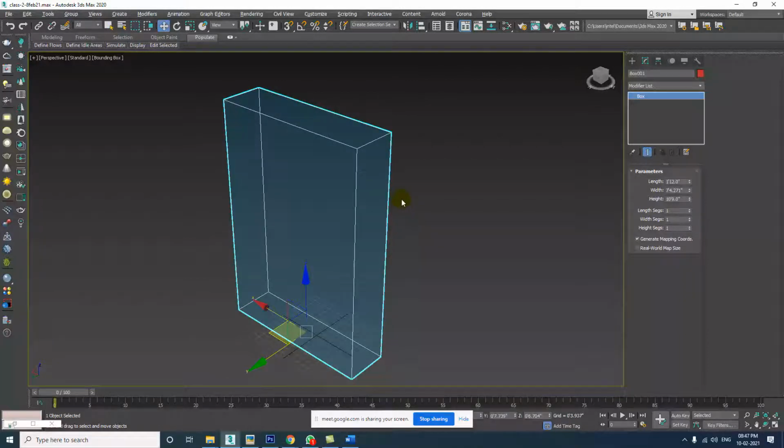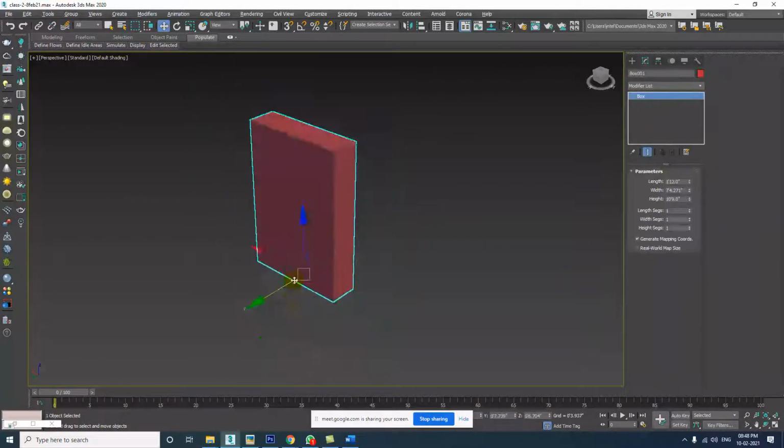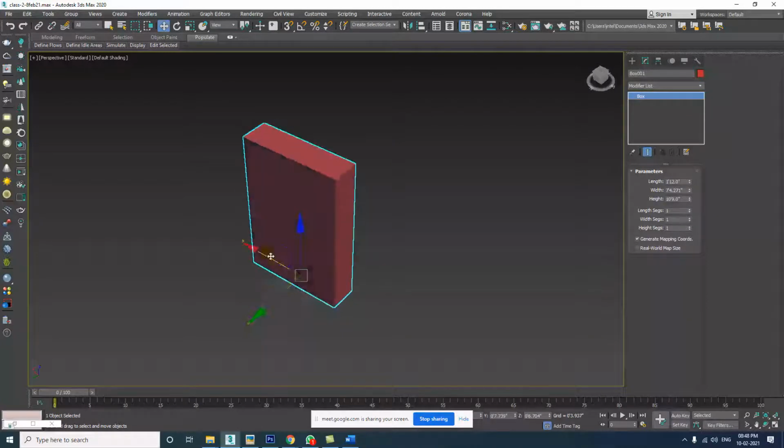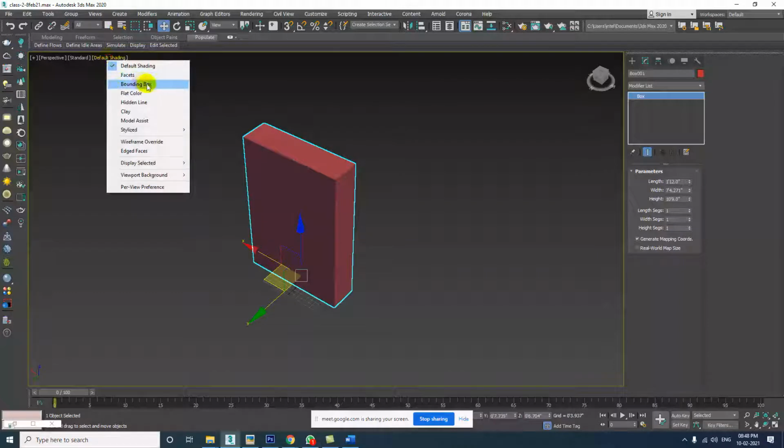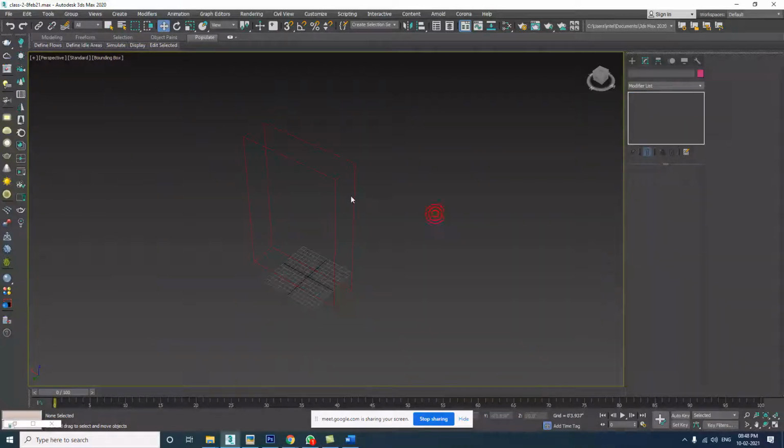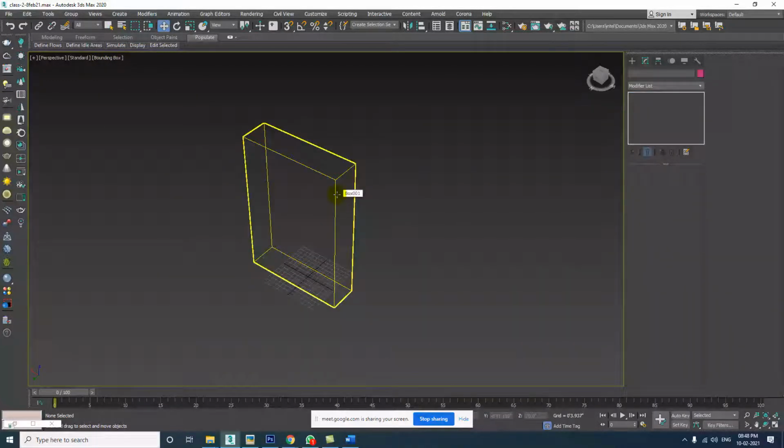In future you will have to work with multi-storey buildings, multiplexes or shopping malls. In those situations, it is recommended that once you're done with default shading, like you place objects and you're happy with the placement and other things, turn the setting to bounding box to reduce the work pressure on your computer. Are you clear?